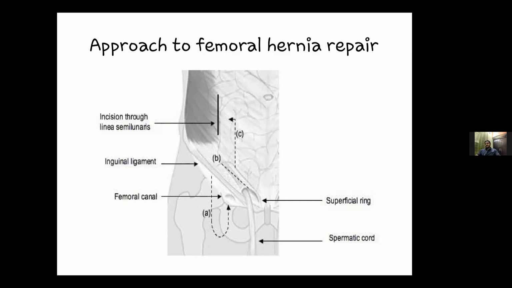Because for inguinal hernia, there are many types of repairs. Most important, he has to know the Lichtenstein's mesh repair. Bassini's repair is mainly the initial surgery. Then the Shouldice repair, which he has understood, and the Lichtenstein's mesh repair, then the laparoscopic repair. Yes, sir. Okay, we'll go next.